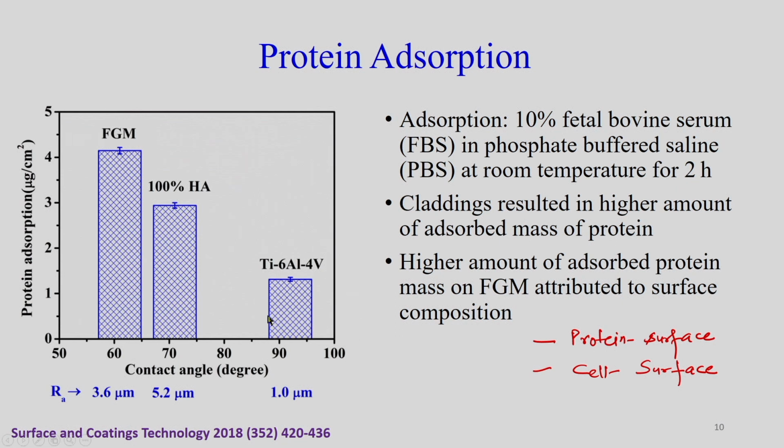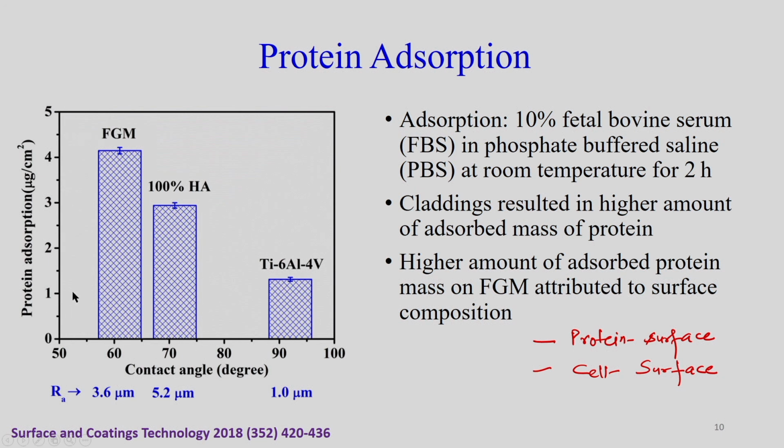So, here the adsorbed amount on the uncoated surface, which has a roughness of 1 micrometer. After coating with hydroxyapatite, it has about 3 microgram per centimeter square of adsorbed protein, and the mixture of hydroxyapatite and titania resulted in the highest amount of adsorbed protein. So, here again if you are increasing the roughness, as compared to this and this, the coated surfaces have a higher adsorbed amount due to the increase in the surface roughness